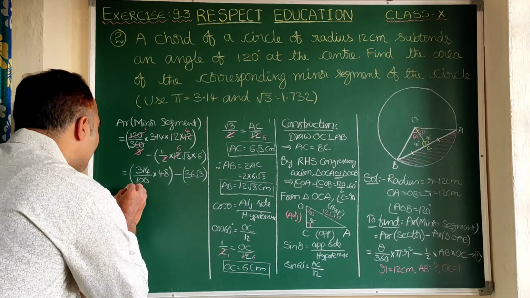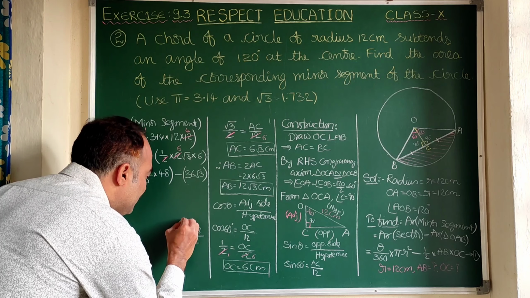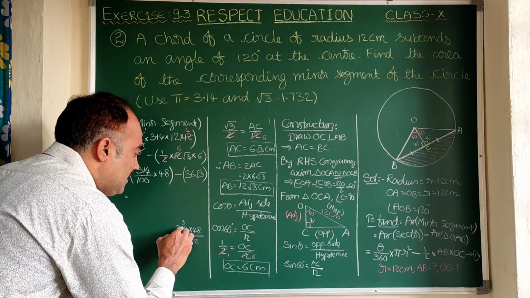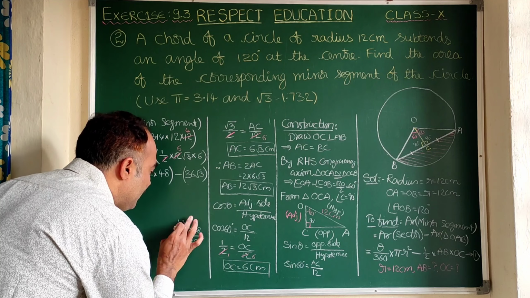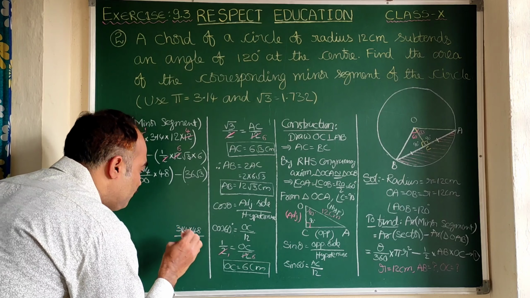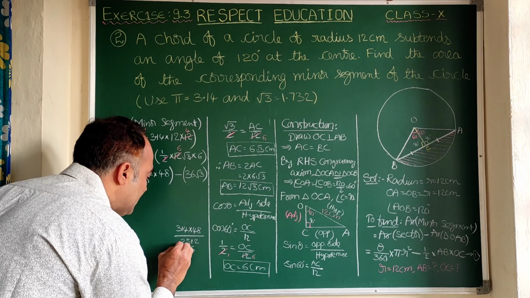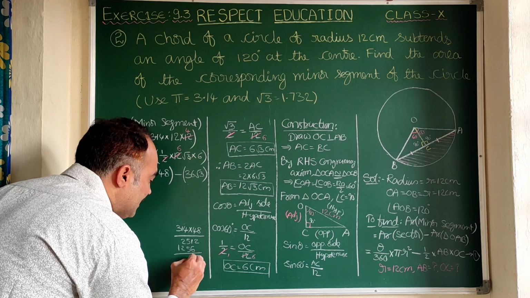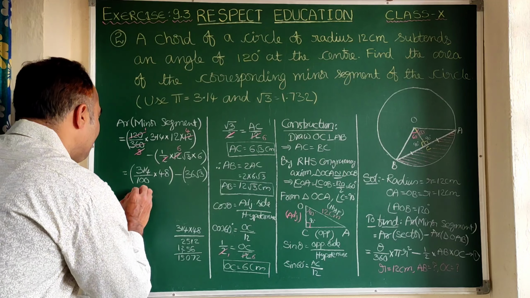Multiply 314 with 48. Let us use this rough space. So we multiply 314 with 48. Here 8 fours are 32, 3 is the carry forward. 8 ones are 8 plus 3 is 11, here 1 is the carry forward. 8 threes are 24 plus 1 is 25. Now with 4: 4 fours are 16, 4 ones are 4 plus 1 is 5, no carry forward. 4 threes are 12. So it is 15072.